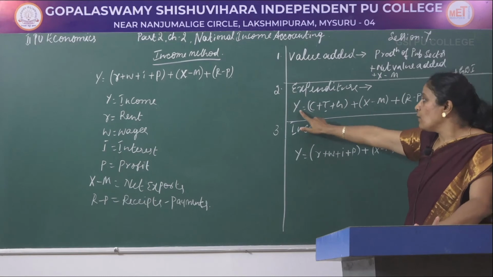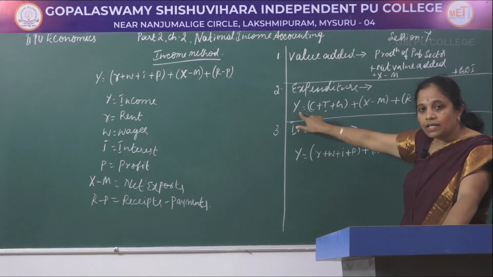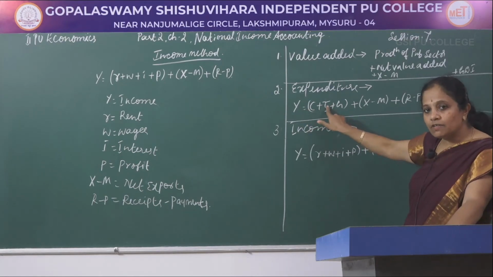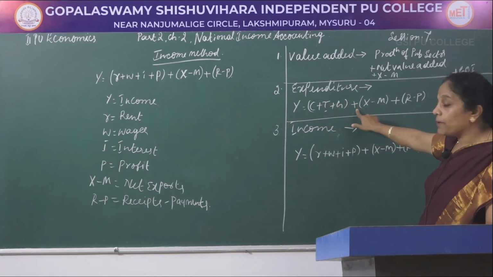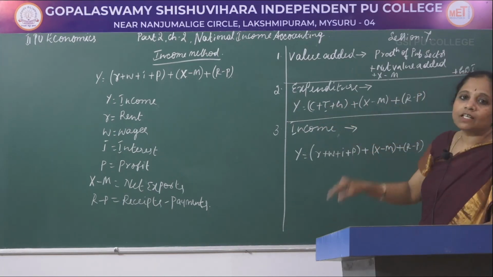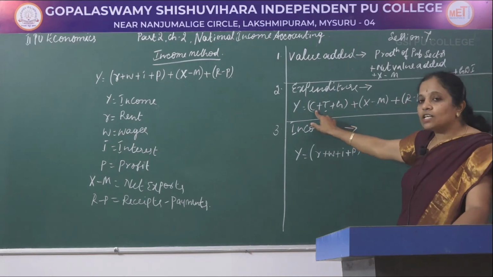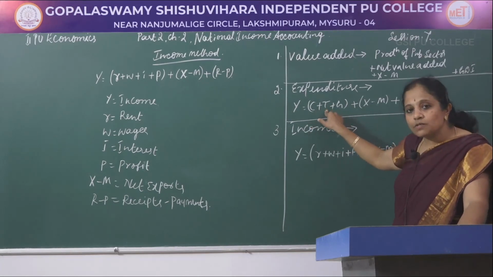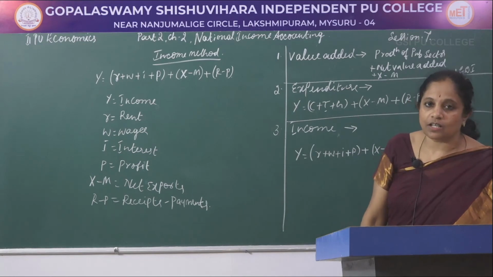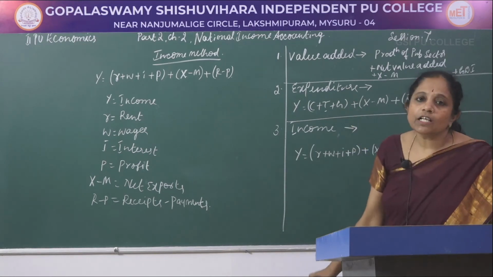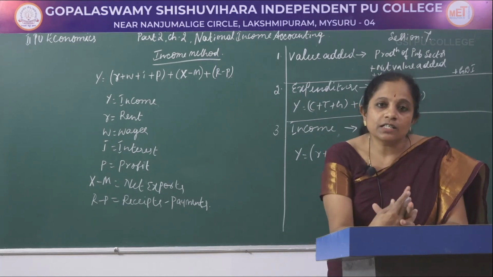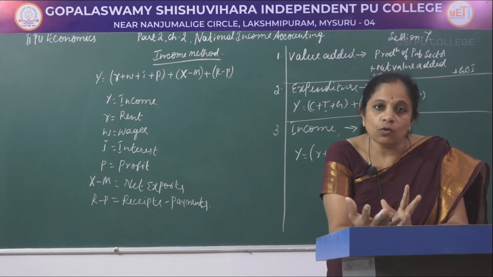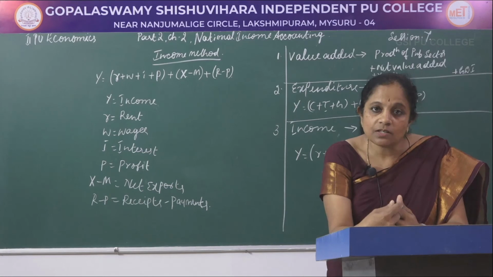It says that Y is income in the case of the economy, Y is C plus I plus G, that is consumption expenditure, investment expenditure as well as government expenditure, plus net exports, that is the difference between the receipts and payments. The consumption expenditure is the expenditure made on the consumption of goods and services, the investment expenditure is the investment made on the generation of goods and services, and the government expenditure involves expenditure that it makes on both economic infrastructure as well as social infrastructure. It constructs roads, schools, dams, bridges, parks, etc.